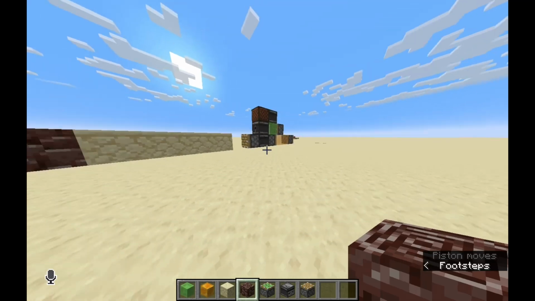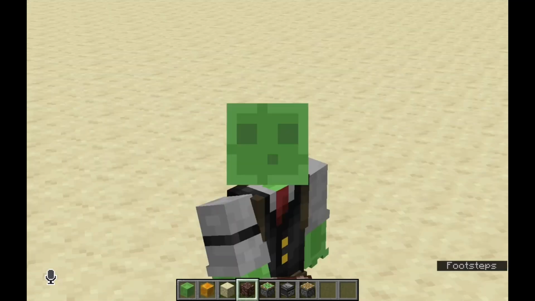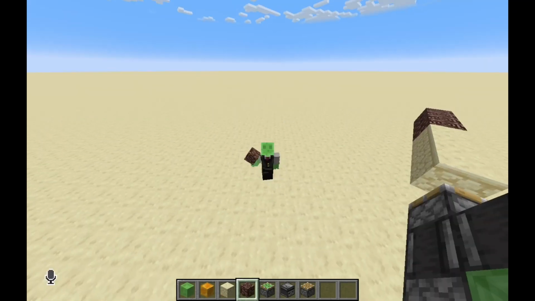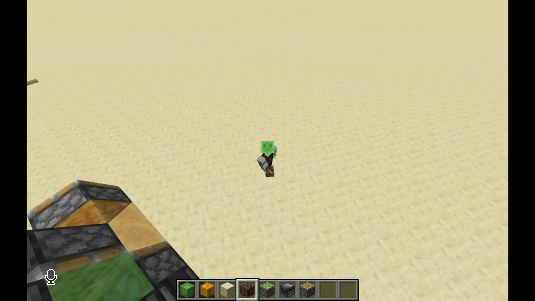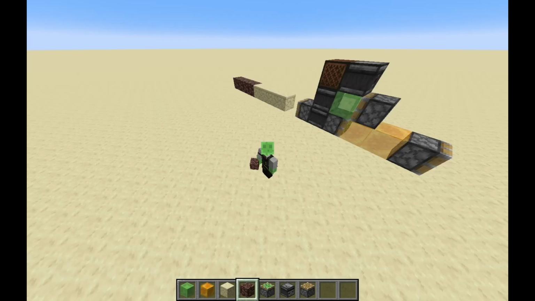And I think that's a fairly basic lesson in how the observer works when it comes to flying machines and how flying machines work in general. You should probably be able to build your own now, but